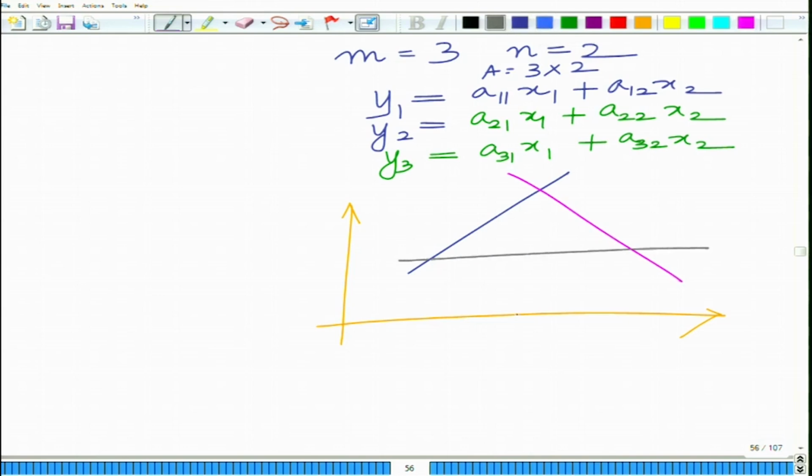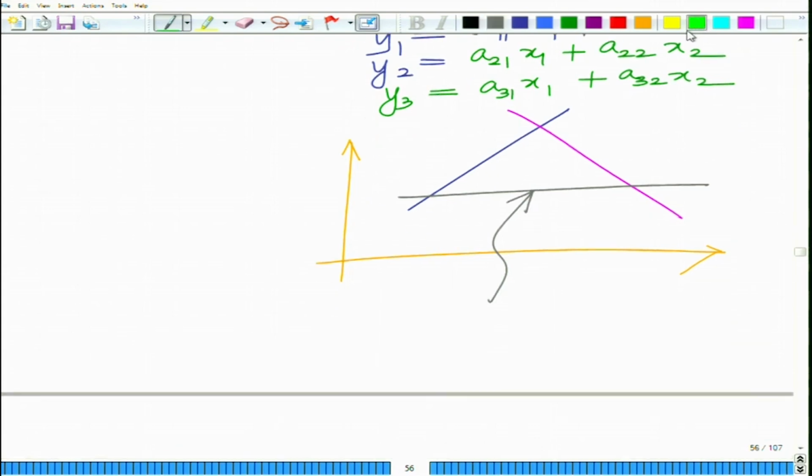Now the solution: there is no solution unless all the lines intersect at a common point. So you see this point. You have 3 lines, that is 3 equations, 2 unknowns. So there is no solution